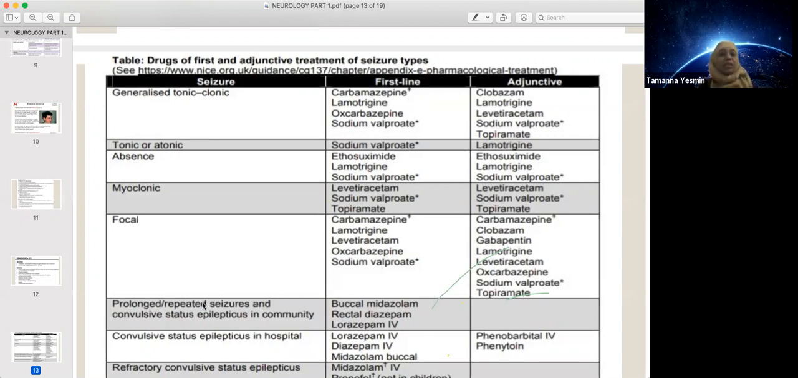Prolonged repeated seizure at home. What do you mean by community? Community means at home. You will use buccal midazolam. Okay. Then rectal diazepam we now do not use, and IV lorazepam is never used at home. It will be used in the ambulance or by the GP. A GP can give it, or an ambulance paramedic can give it, but the mother will never give it. Okay. Next,